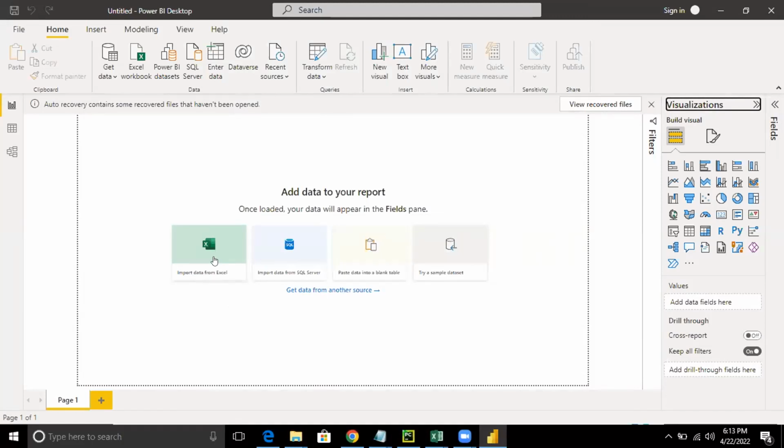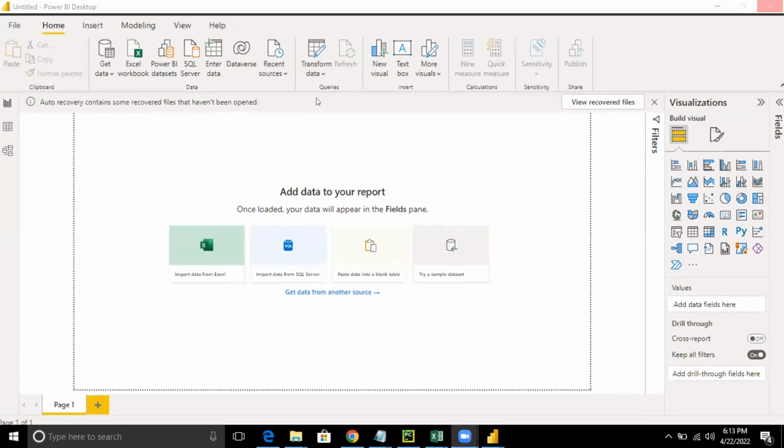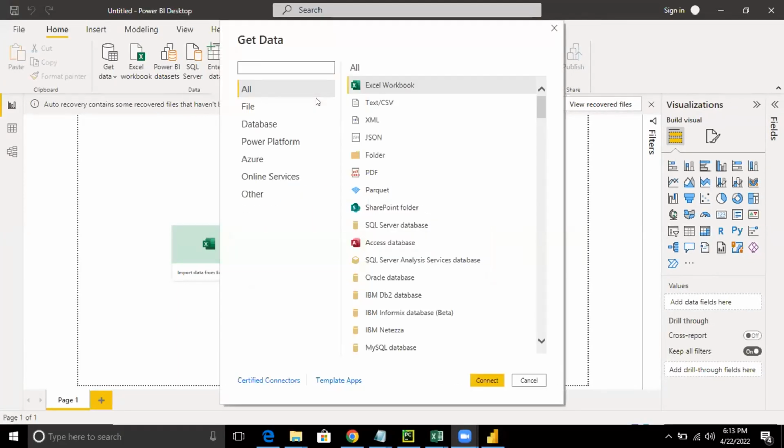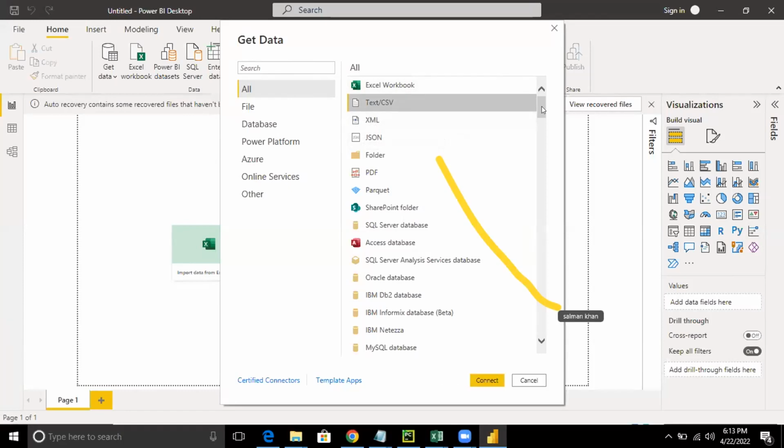And you can see that there is an option, get data from another source. If you click on this get data from another source, there you will see multiple other options through which you can connect your database and your data as well as the Power BI. So Power BI has a very exhaustive mechanism of connecting your database. All right, everybody. So see, when I click on this other sources, you can see from an Excel, it can fetch the data from text and CSV file.